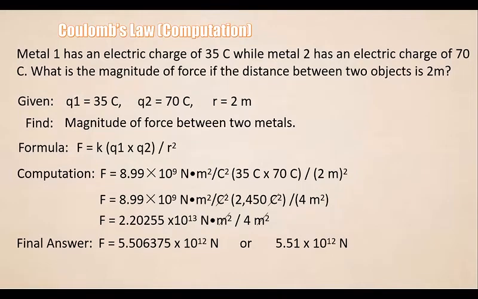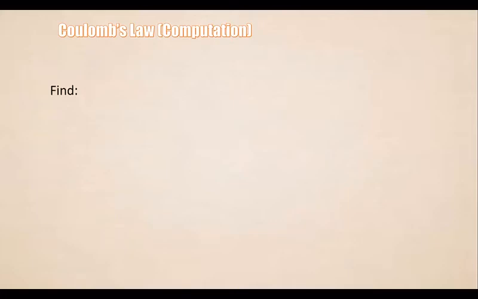So now, for us to find the charges, the Q1 and Q2, and the distance between them, we need to derive formulas from the given formula or equation of Coulomb force, which is force equals to Coulomb constant times by the product of object charge 1 and 2 and divide it to the square of distance. So here, the first thing that we need to do is to cross multiply this